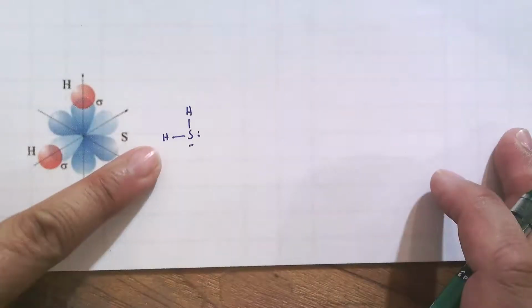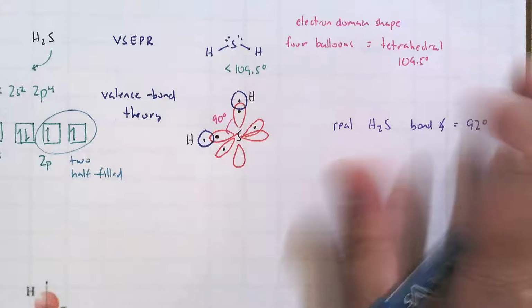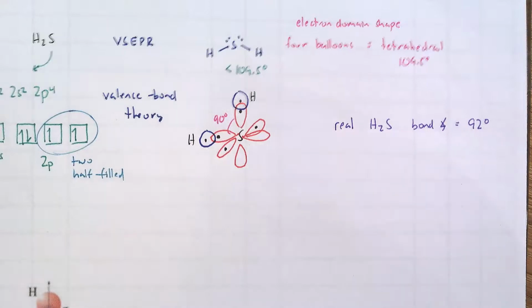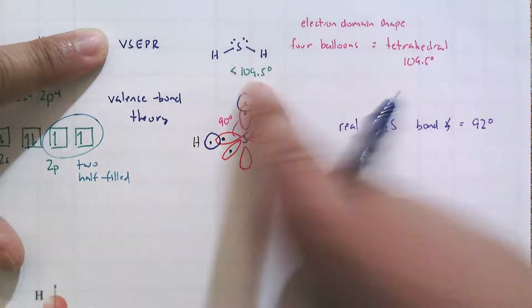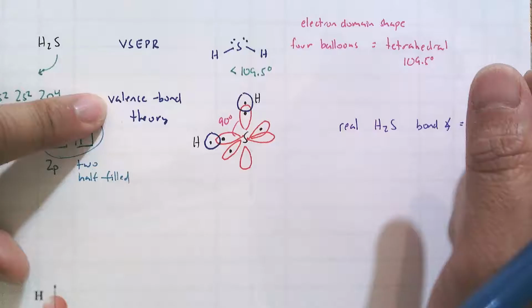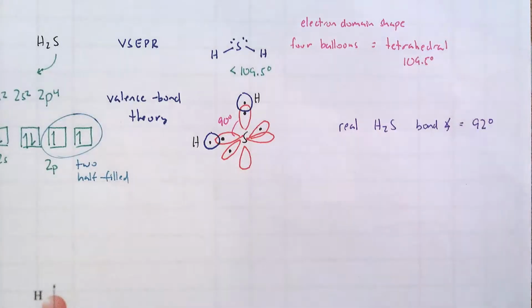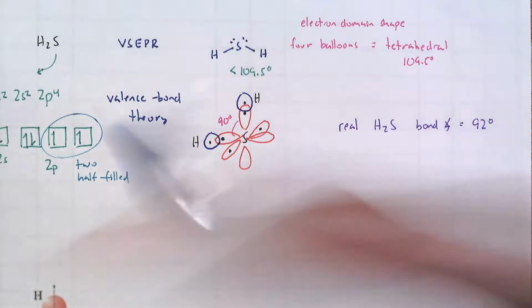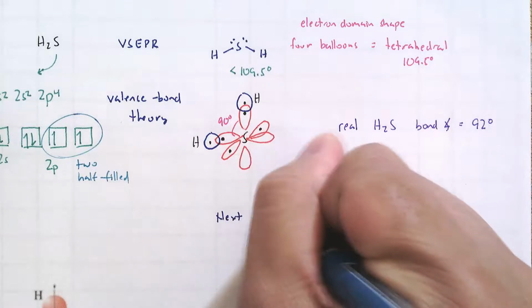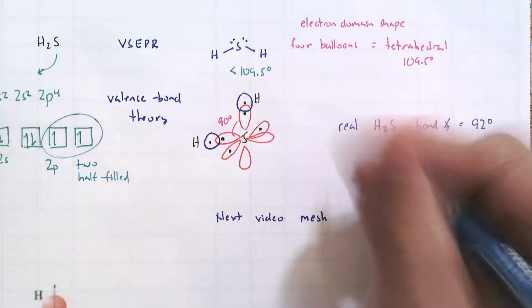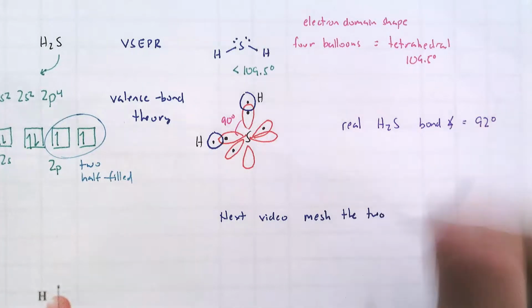Okay. So that's that. I just want to assure you that we are going to learn another type of theory called molecular orbital theory. Now, there are some molecules that follow VSEPR very well in terms of their bond angles. There are some molecules that follow valence bond theory very well in terms of their bond angles. In the next video, we are going to mesh these two. So in the next video, we are going to combine, or how about this? We'll say we'll mesh the two, and we'll use